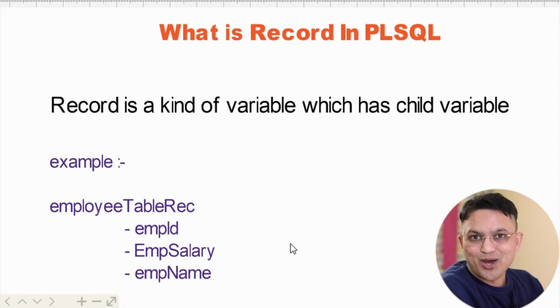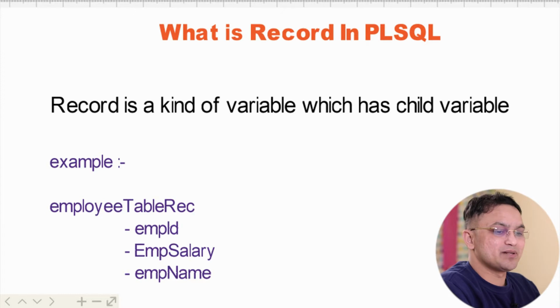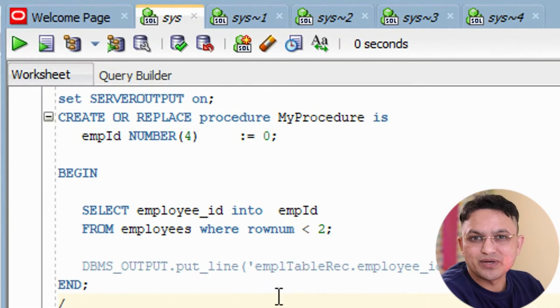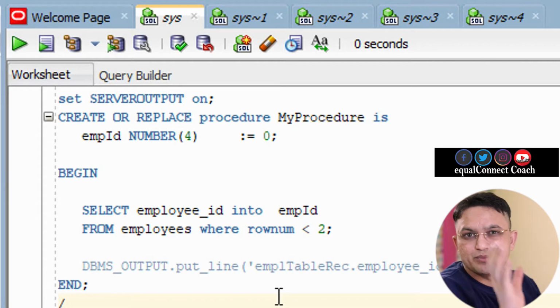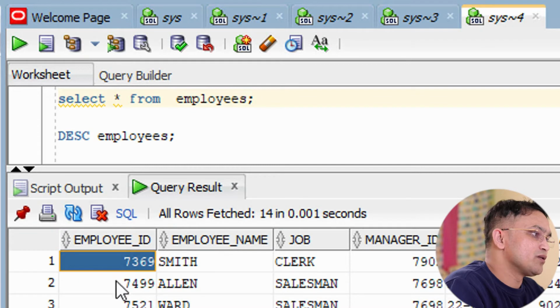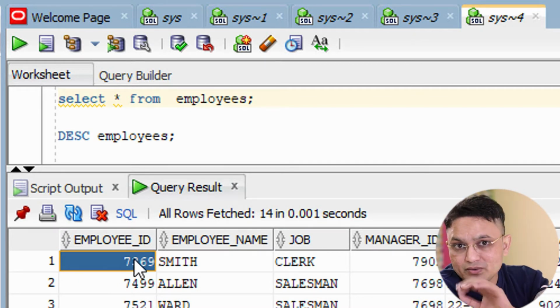I hope you have understood, and if you didn't, then stick to this video. Let's understand this with the help of an example. Suppose I ask you, can you give me the employee ID from the employee table, and print it in the console?